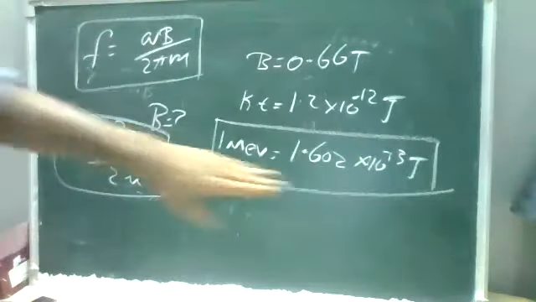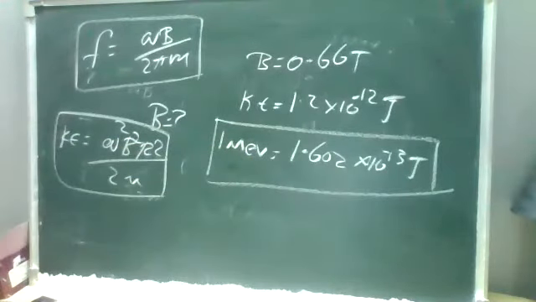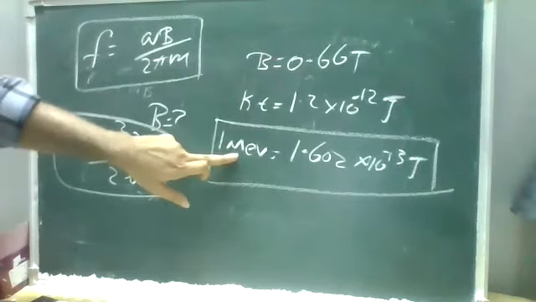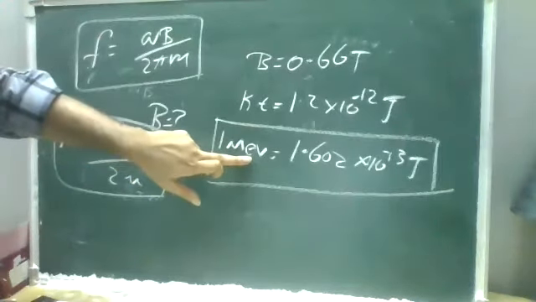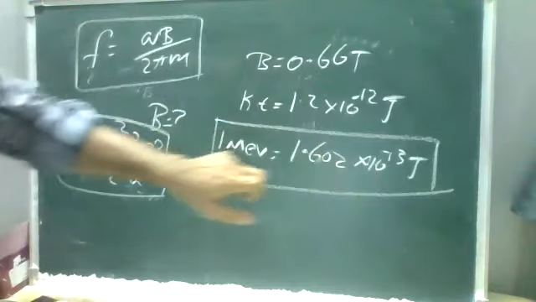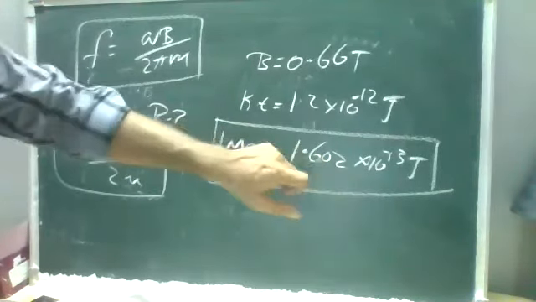Okay, so this is in joules; if I convert it to MeV, I just divide by the value. Mega is 10 power 6, so 10 power 6 into the electron charge value. Charge value is nothing but 1.6 into 10 power minus 19. So when you do the conversions, it will be 1.6 into 10 power minus 13 joules.